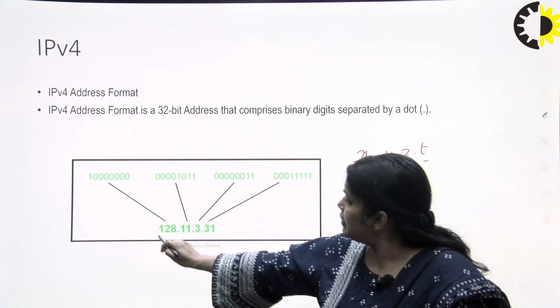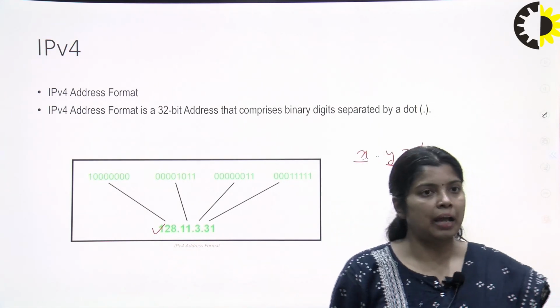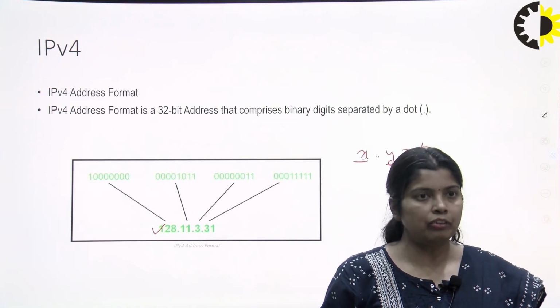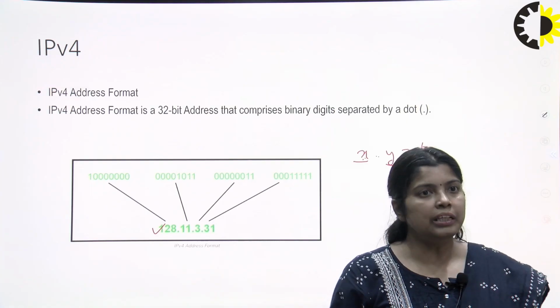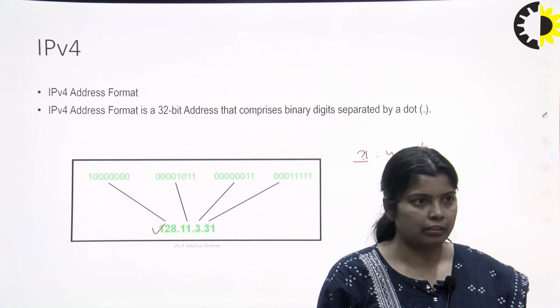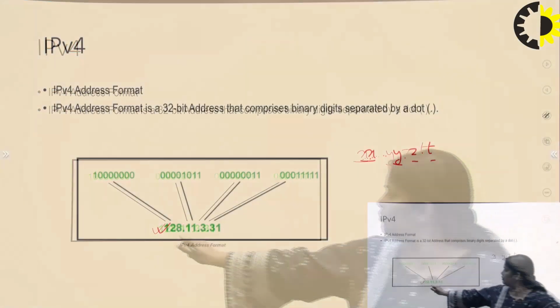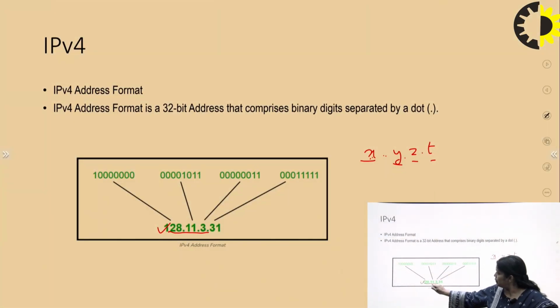So we can see here that in IP version 4 there are two types of notations or representations of the addresses for the unique identification of a particular device on the network. This is a simple example, separated by dots as the dotted decimal notation, and these are the binary notations.